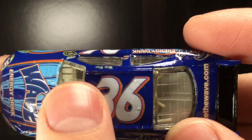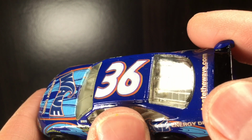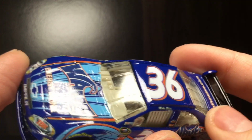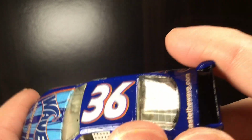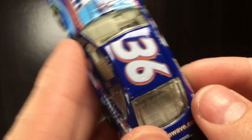I'm still learning how to do these customs. You know, it's a process. But look how shiny those windows are. That's floor polish. This was the first time I actually put that stuff on, so maybe I'll use that for future ones. Of course, these are slightly yellow. Those were the only ones I had, I might add. But yeah, maybe for future cars, you could put that on there. It gives it a little bit more shine. And of course, over here on the deck lid, you got